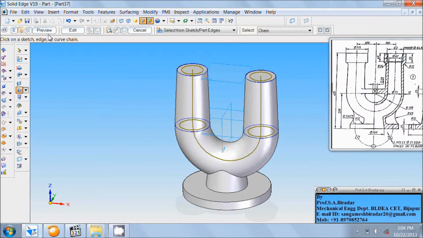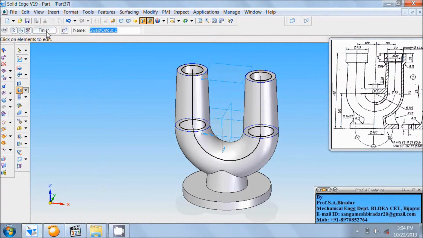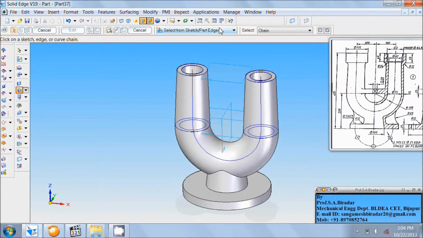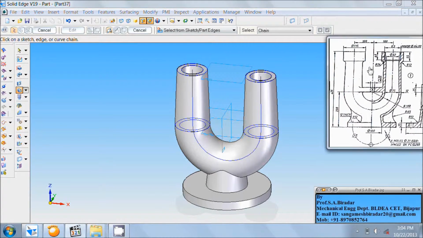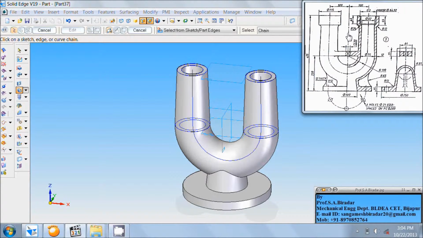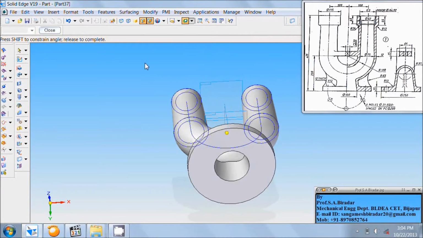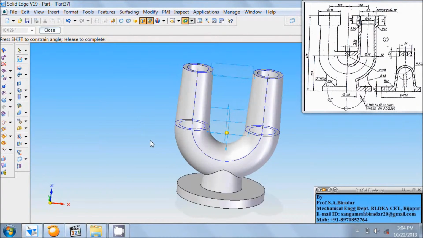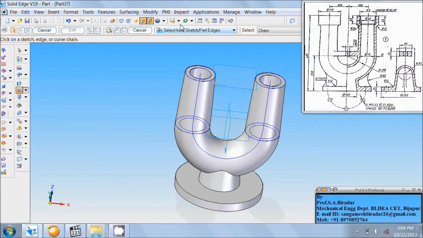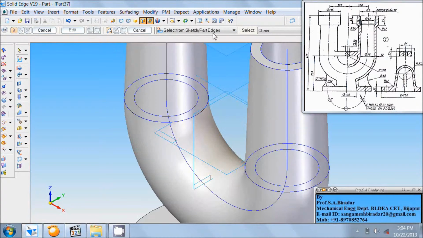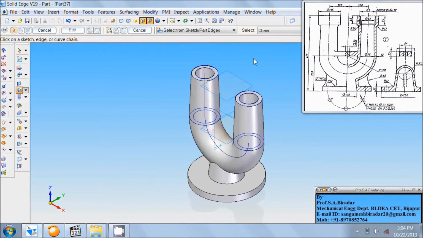Click on preview, click on finish, fit it, rotate and see. Do named view as ISO, fit it.